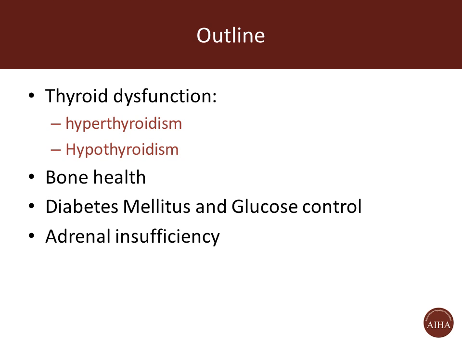All right, so I will be mainly talking about thyroid dysfunction, both hyper and hypothyroidism, which could commonly occur in autoimmune hepatitis. We'll also discuss bone health. This is relevant because of the use of corticosteroid, prednisone, that affects significantly your bone strength. We'll also touch base on diabetes and glucose control in view of steroid use, and what we call adrenal insufficiency or cortisol deficiency after the steroids are stopped or tapered.